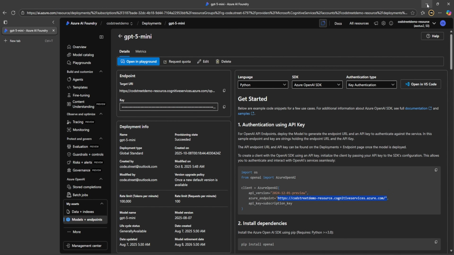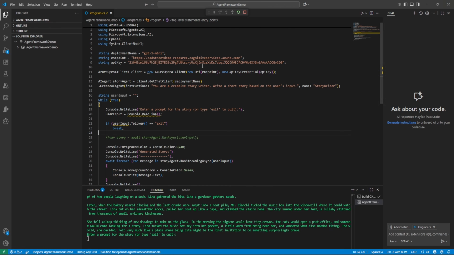This resource I created just for the demo, so if you try to use this API key, it would not work. Make sure you create your own. As part of this video, we are using Azure API key credentials. Now we have created an AI agent, which comes from Microsoft dot agents.ai, the new framework we are talking about.